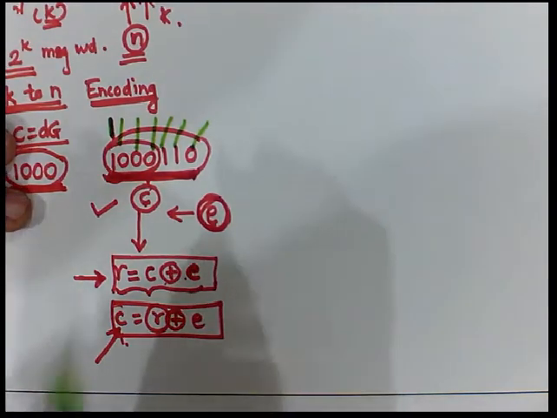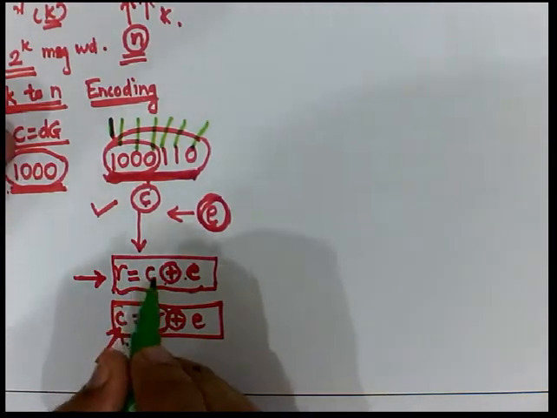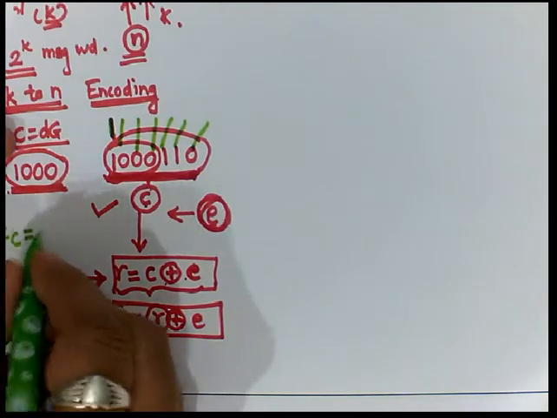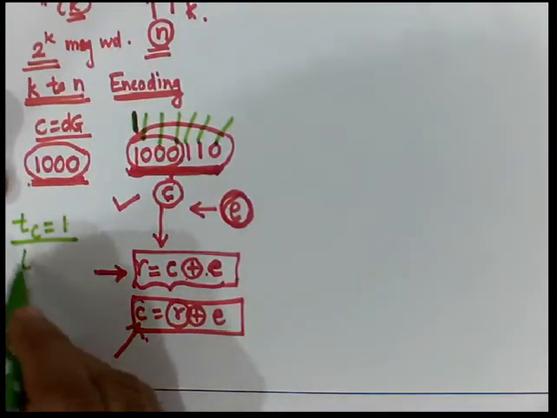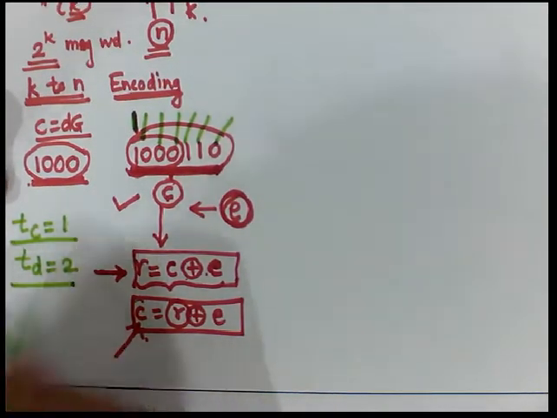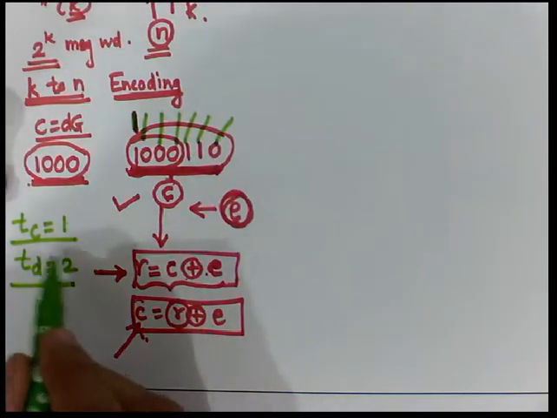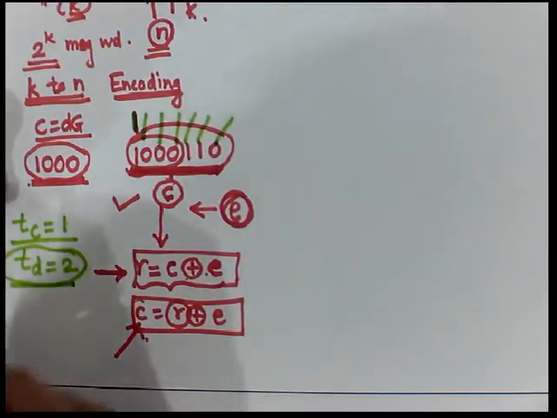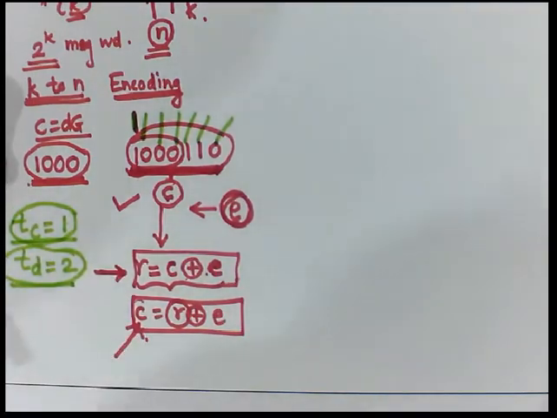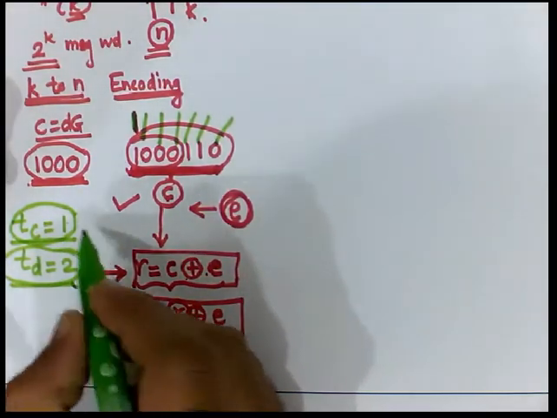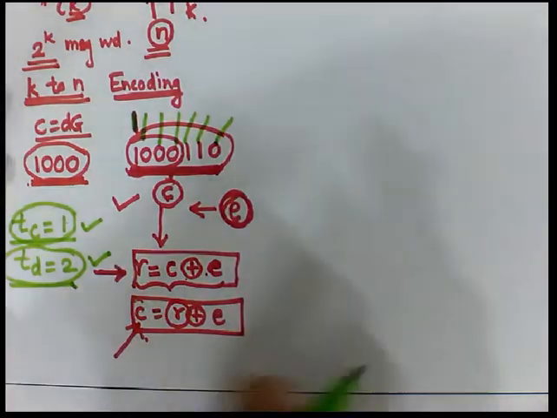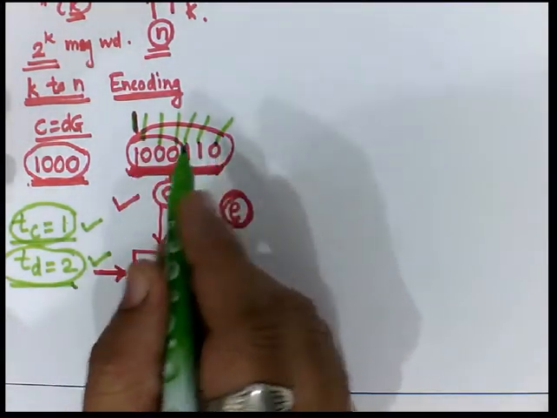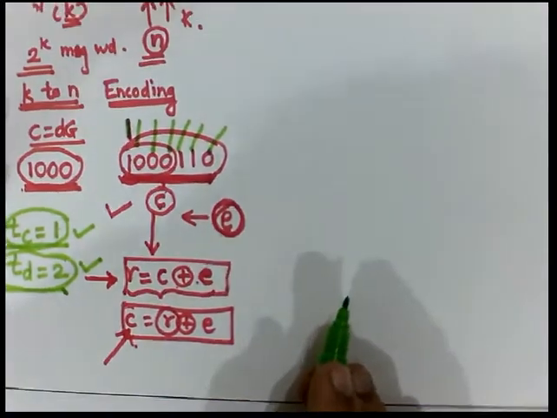But here the main thing which we need to consider is TC. The correcting capability of the code is only 1, although the detecting capability is 2. This means the LBC can detect errors at two places, but can correct only at one place. Now, based on this perception, if I want to find the error pattern, then the error pattern for these 7 bits will be expressed like this.